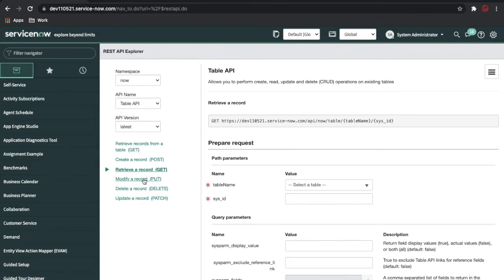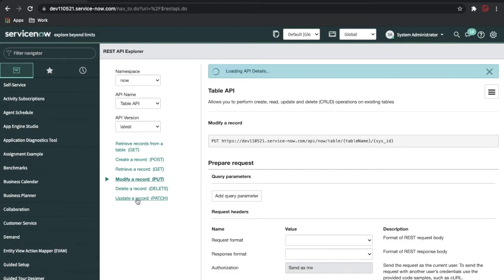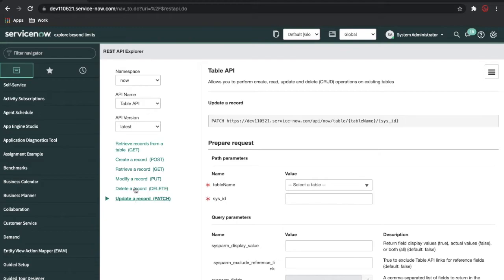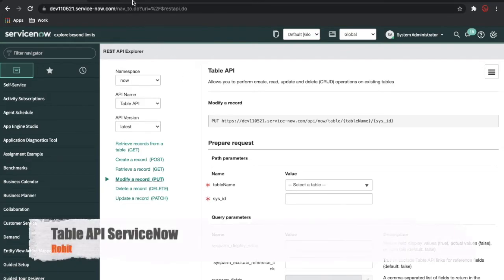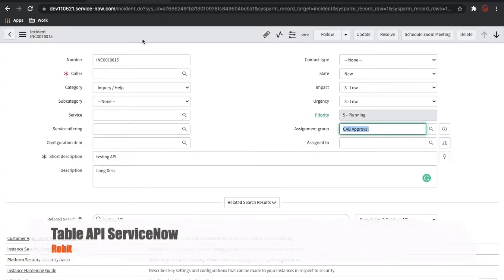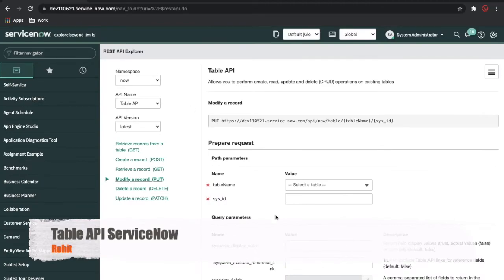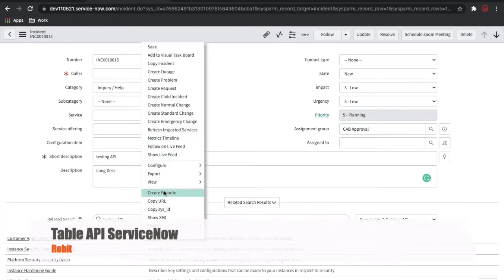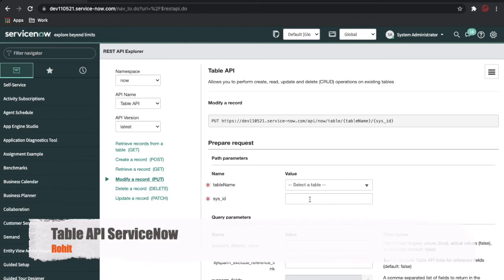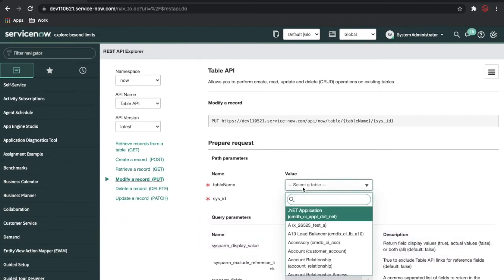There are two more, PUT and PATCH, here before we go to delete: modify a record and update a record. Both actually work for the same purpose. Either you can modify or update, in both cases you can use the PUT or PATCH method. So I'll quickly go to this incident table. To update this record you definitely need a sys_id. If you don't know the sys_id but you know the number, you do a retrieve call, get the sys_id from there, and then you can update that. In this case we'll copy this sys_id here and update that. So put the sys_id here, and this is the table name. I'll put incident,